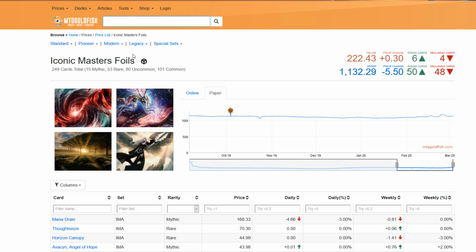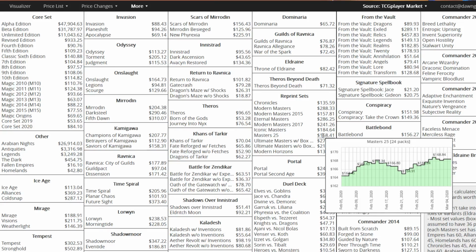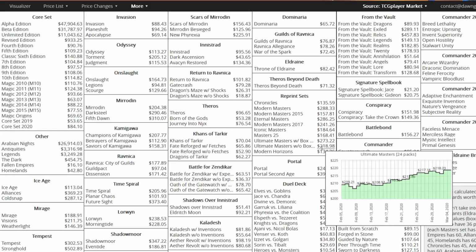I'd invest in this one way before I'd invest in Ultimate Masters or Masters 25. Both of them seem to be stagnant or on a free fall. Masters 25, pretty much stagnant, 164 at the start, 168, and that's recent, within the past couple of days, where it's got a little bit of a spike. We have cards like Jace the Mind Sculptor out of Masters 25 that have been in a free fall since the announcement of Pioneer, and we have Ultimate Masters that continues to be such a dud